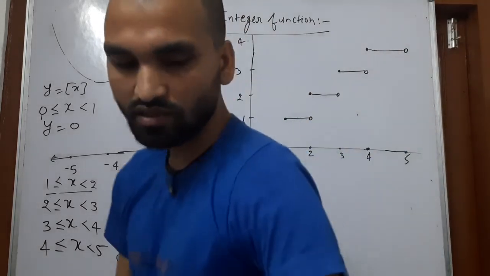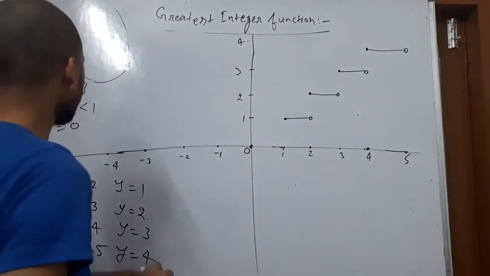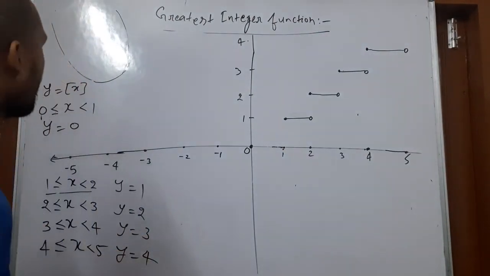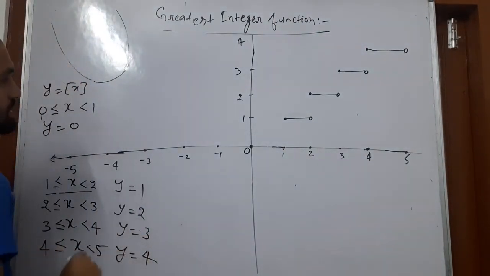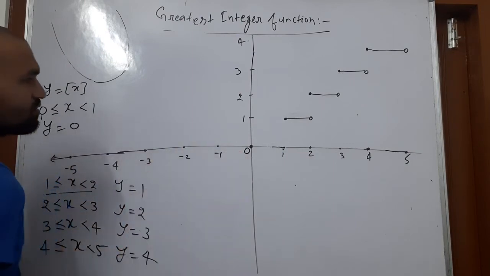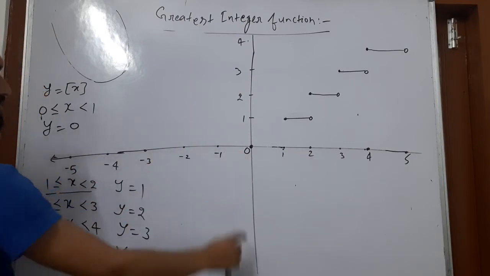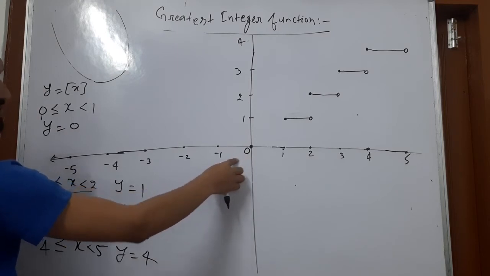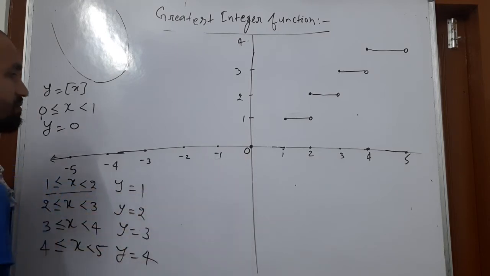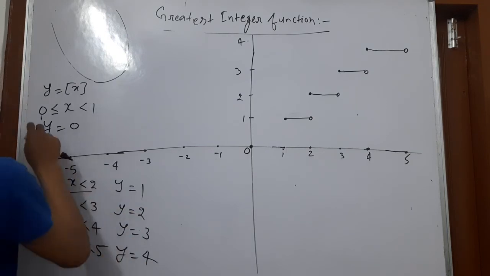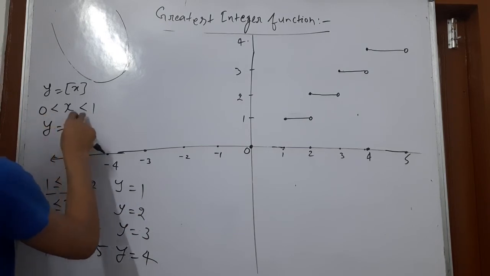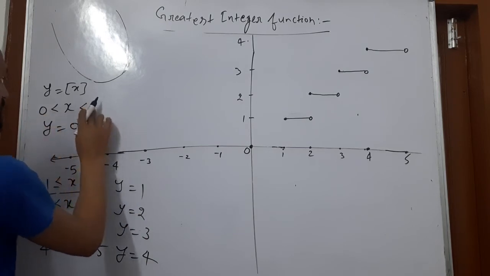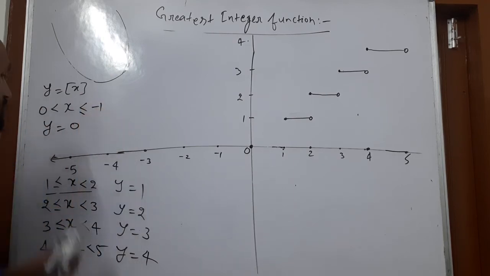Now we should discuss the graph for negative values. So when we have included here 0, so no need to include 0. Now we should start after 0 and we should take here -1. Okay students, so when here is no equal sign with 0 and we should take here equal sign with -1.